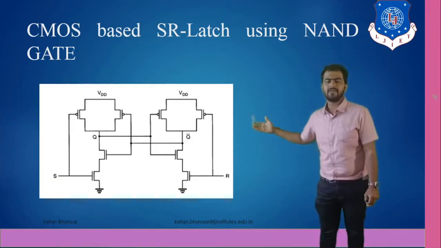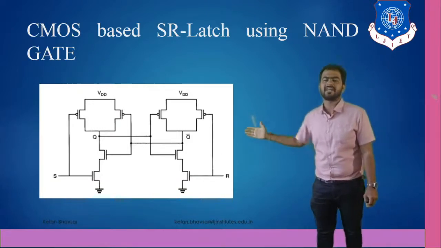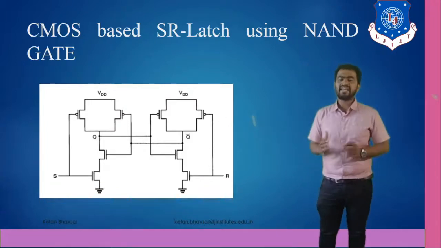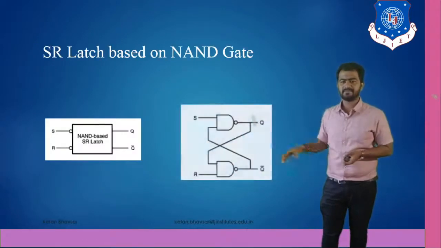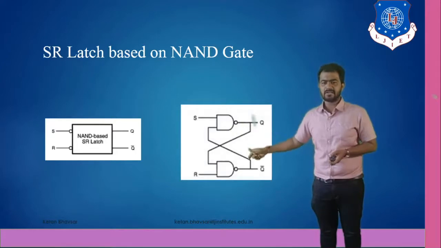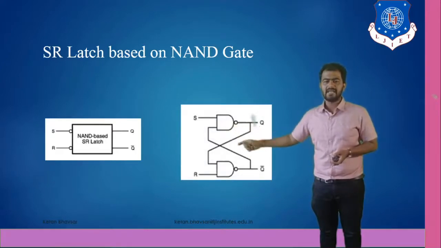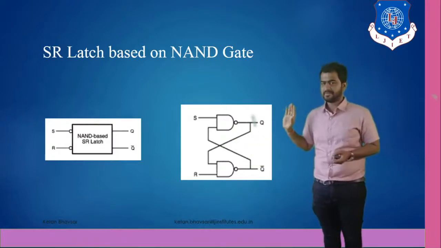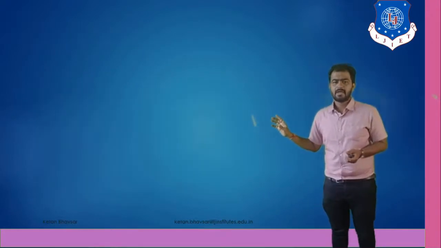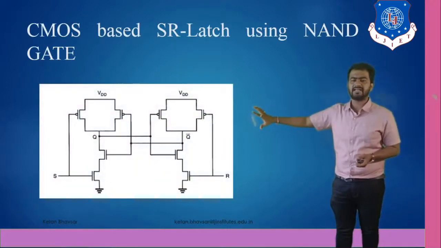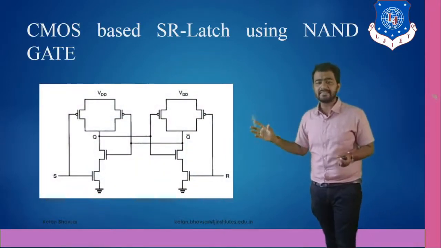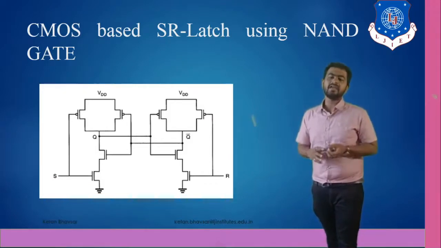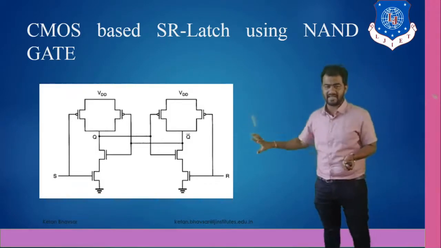The output is driven to the next PMOS, and the Q bar output is driven to the next input of S. So we can say that this diagram comes from the earlier diagram. The S and Q bar output goes to the input with S, and the Q output goes to the input with R. So your result looks like this. I hope you are getting the idea of how we can design this particular diagram, how we can easily design it and implement it in software too, and also understand it.